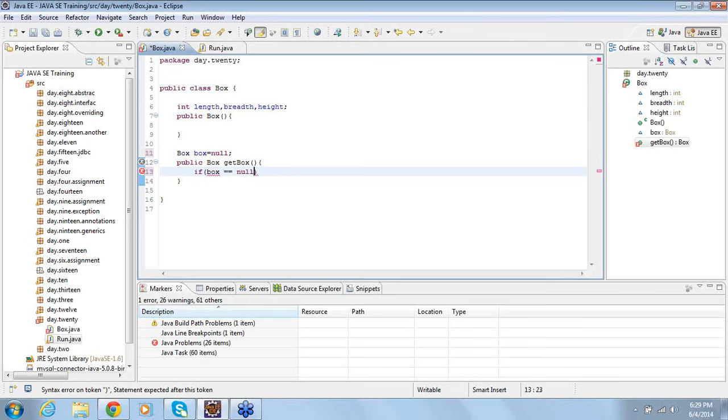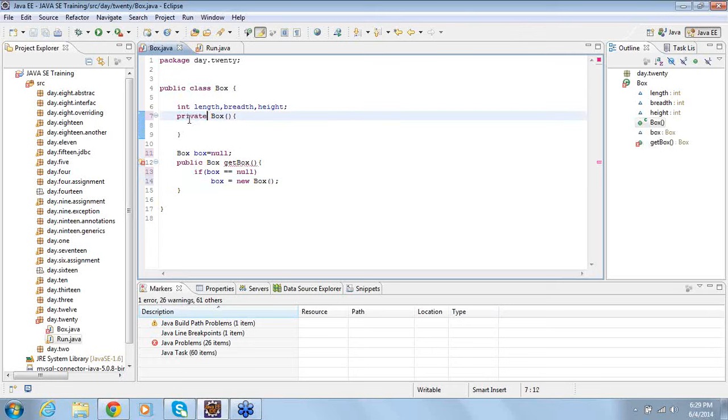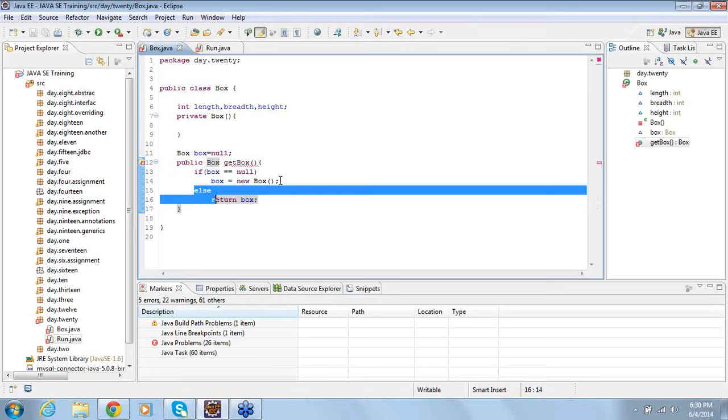If box is null, they create a new object and they make the constructor private. If it is not null, they return the box which is already existing. Or you can simply say, you don't need to write an else block, you can simply return the box.